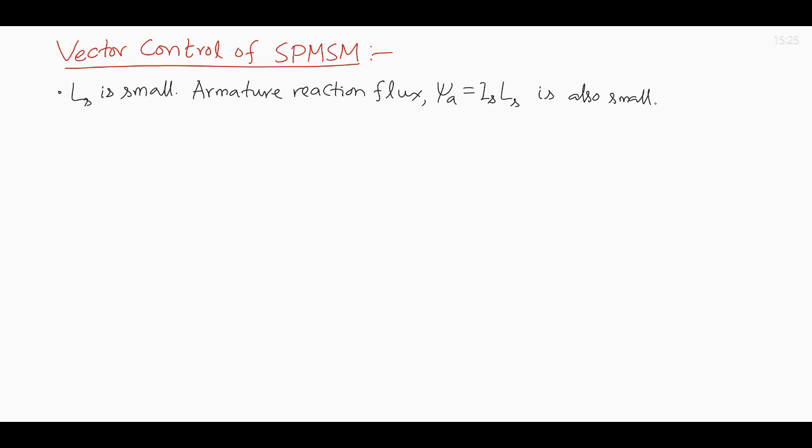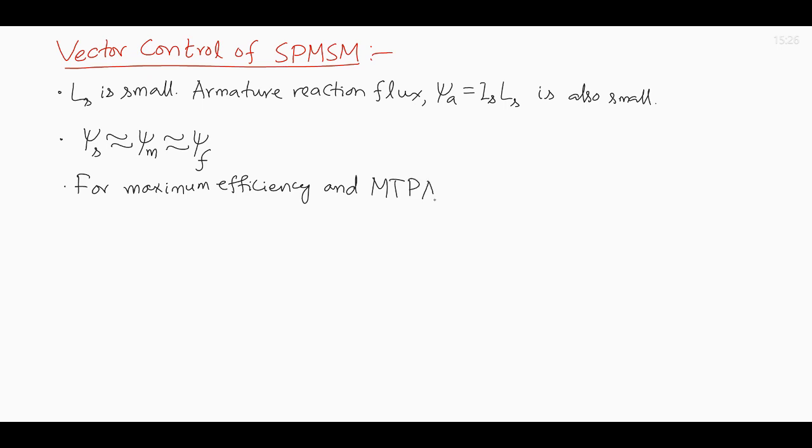As armature reaction is weak, this results in stator flux linkage psi S nearly equal to mutual flux psi M, that is nearly equal to field flux psi F. They are nearly equal in magnitude. Then another point, we can control this machine for maximum efficiency. So, for maximum efficiency and maximum torque per ampere, MTPA,